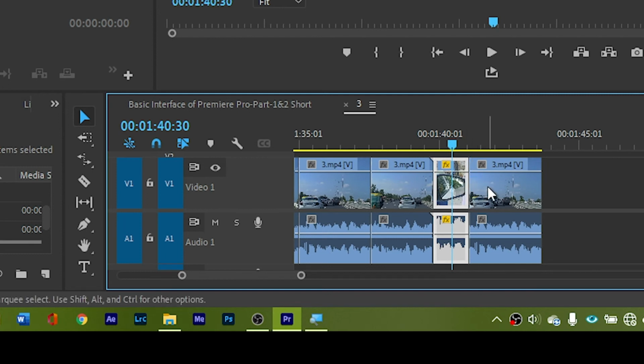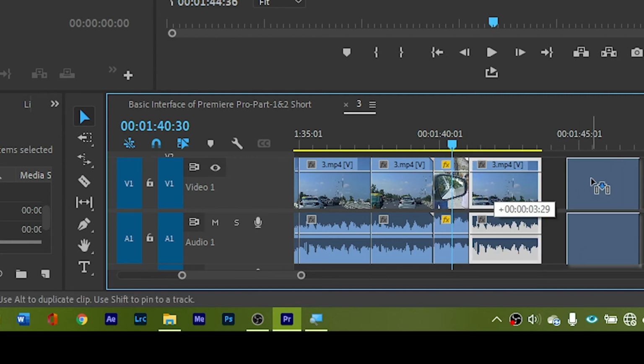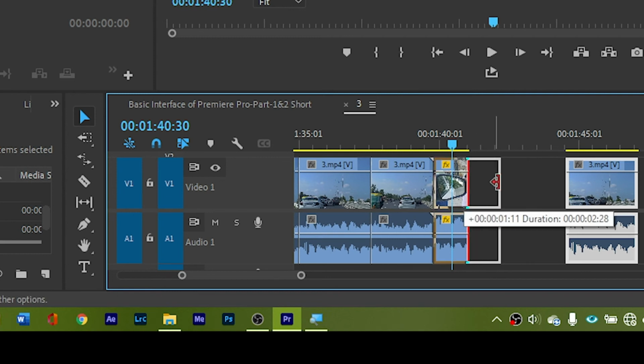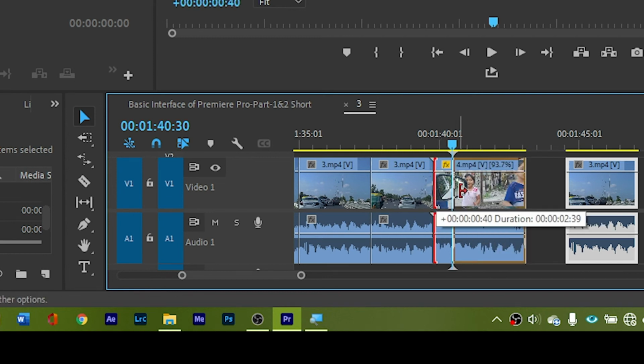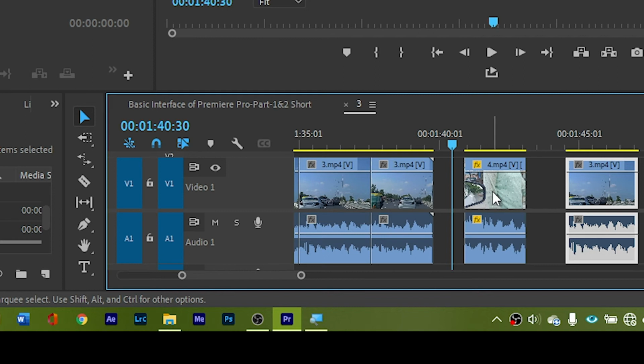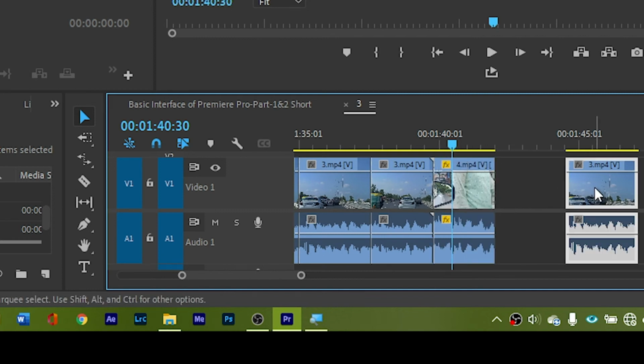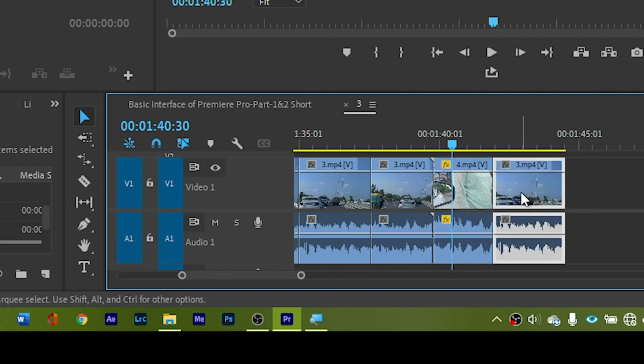So what I have to do, normally you will just drag it up and drag this on and cut it from the back side and then drag it back. So you can see that this involves lots of steps and it takes lots of time, which is not convenient at all when you have a big project and you have lots of clips. So in that case, what you can do,